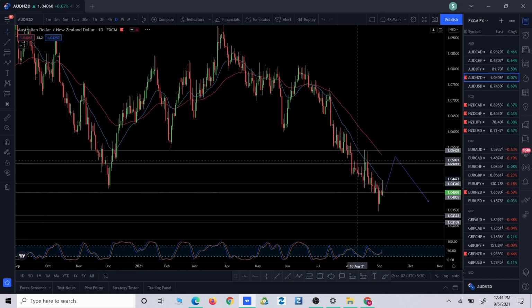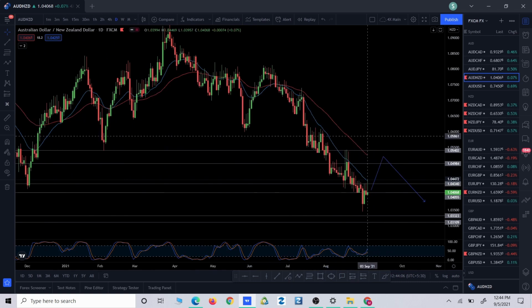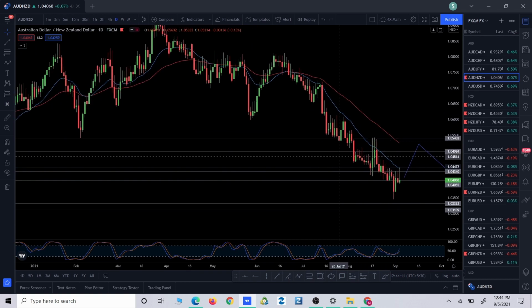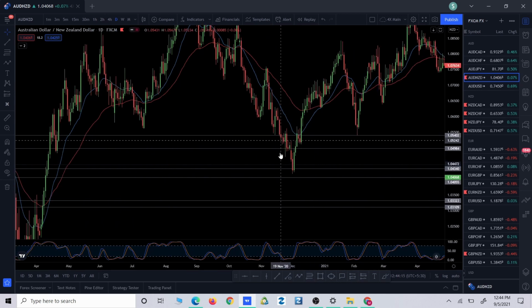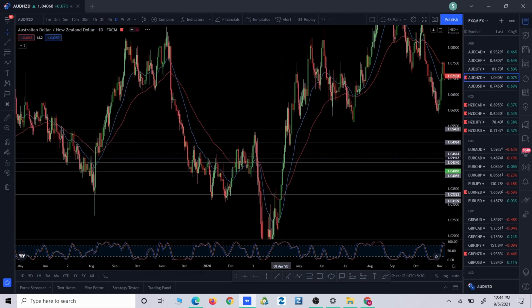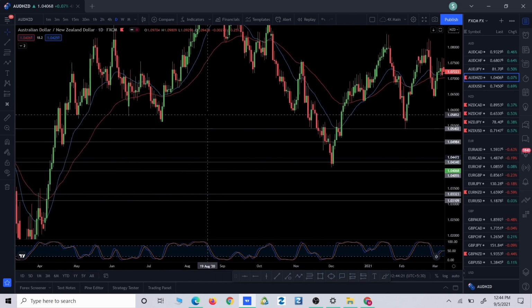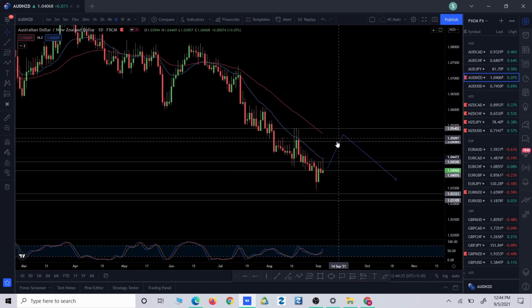Now if we talk about this particular zone, this is a very strong zone as it has been retested multiple times. If we count how many times it has been retested, we can see it's a 1, 2, 3, 4, 5, 6, 7, 8, 9, 10, 11. So we can see this zone has been retested multiple times. So it's a very strong zone to look for a shorting opportunity in this market once price pulls back higher